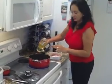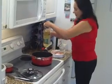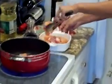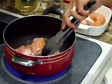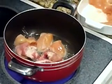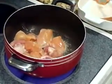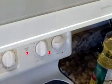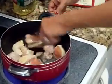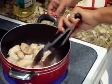Put 2 or 3 spoons of vegetable oil to get hot, enough to cover the bottom of the pot, and then I'm going to salt and pepper the pieces of meat. It's nice and hot, and it's going to make the meat golden. We are doing this for 4 people, so it's a breast of chicken cut in large pieces like this. It's in time. Have enough salt and pepper,